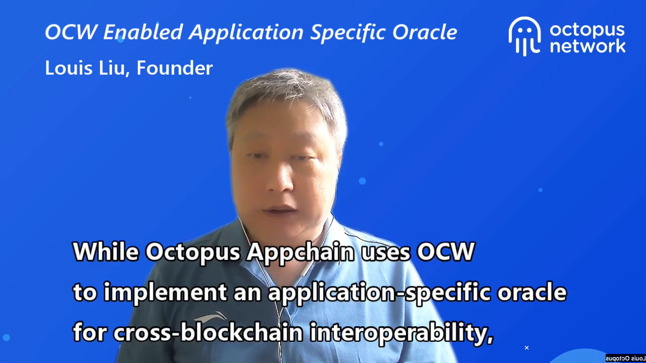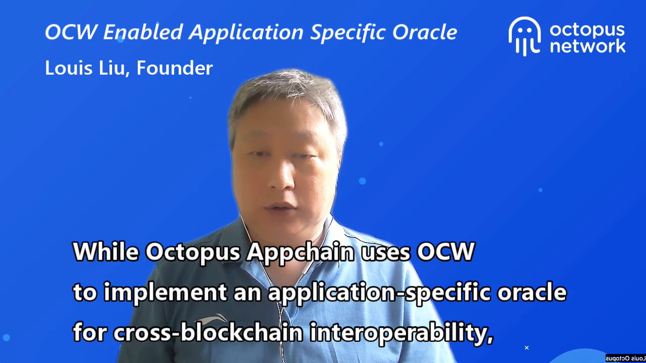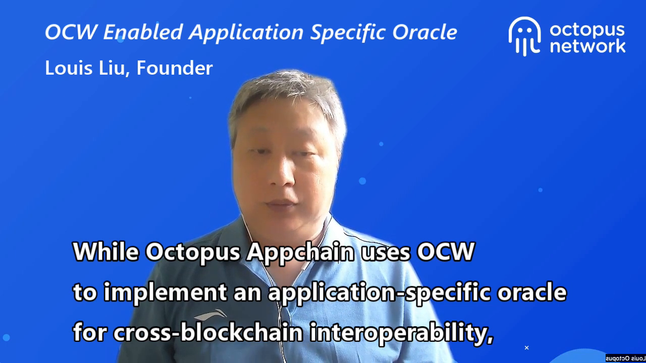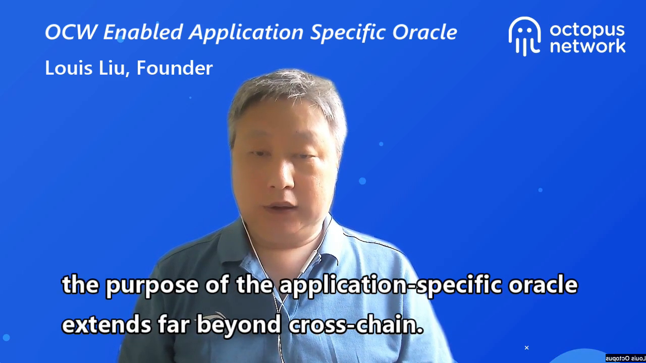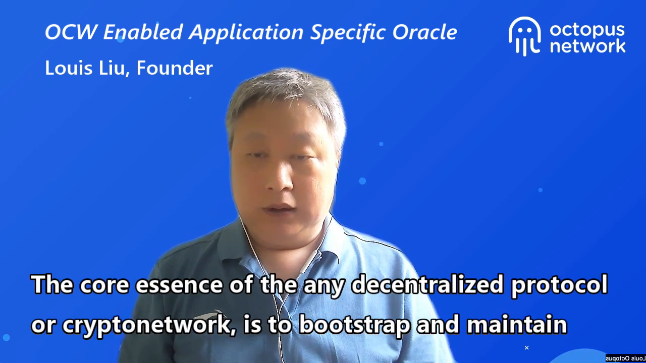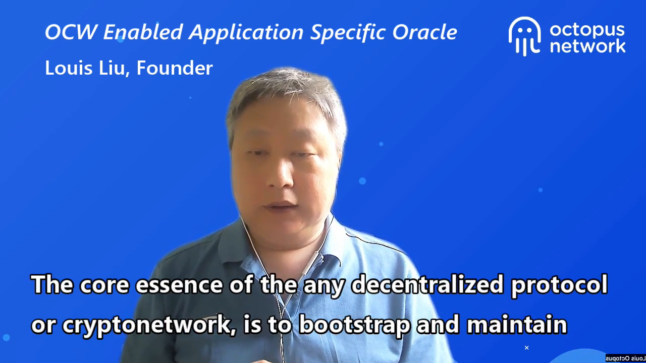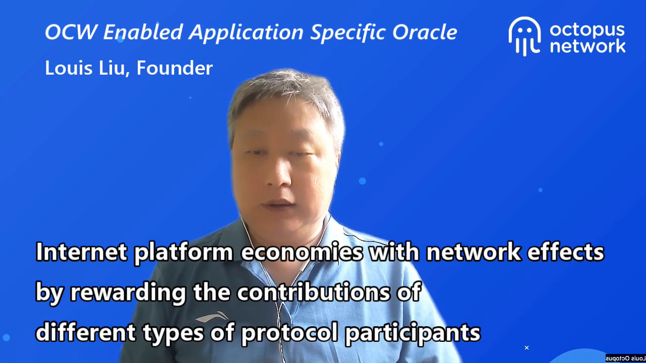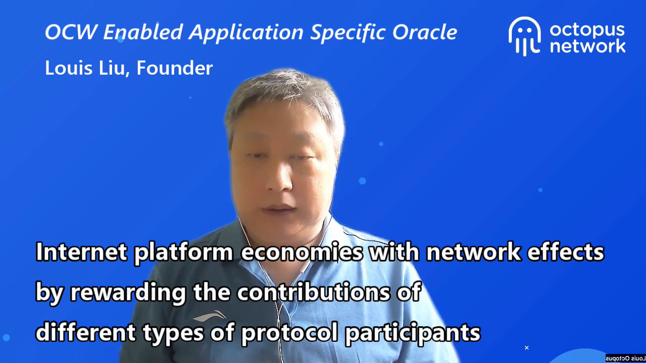Well, Octopus AppChain uses AppChain worker to implement an application-specific oracle for cross-blockchain interoperability. The purpose of application-specific oracle extends far beyond cross-chain. The core essence of any decentralized protocol or crypto network is to bootstrap and maintain internet platform economy with network